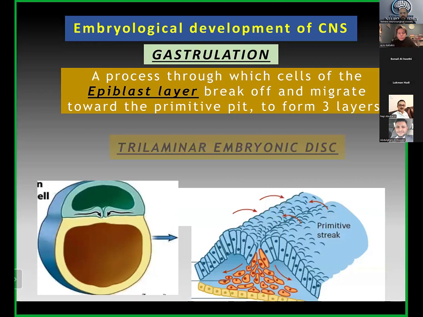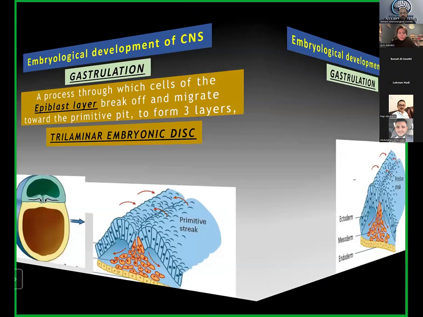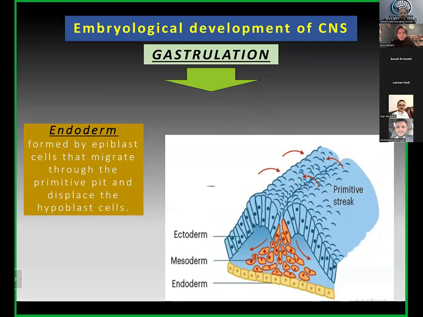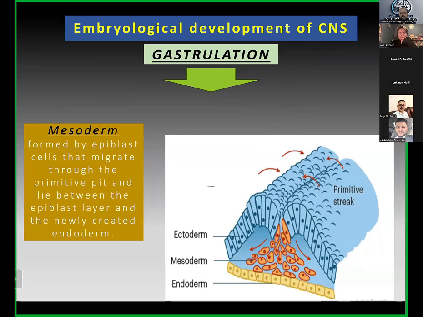At this stage of gastrulation, after it's finished and mature, the embryonic sac is called the trilaminar embryonic sac or disc. So as we talked, the endoderm is formed by the epiblast cells, which grow and migrate through the primitive streak to replace the hypoblast cells, as we saw, to form the endoderm. While the mesoderm is formed by the epiblast cells, which also migrate through the primitive streak to